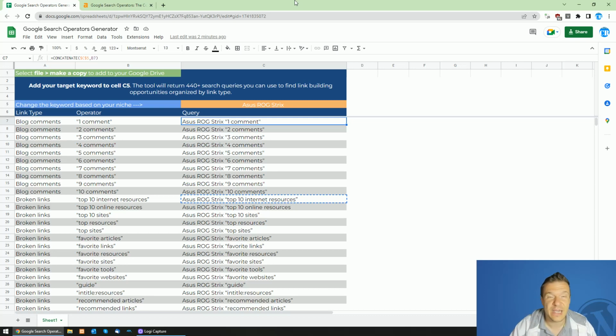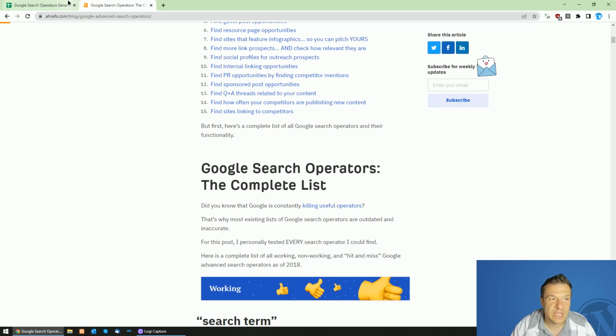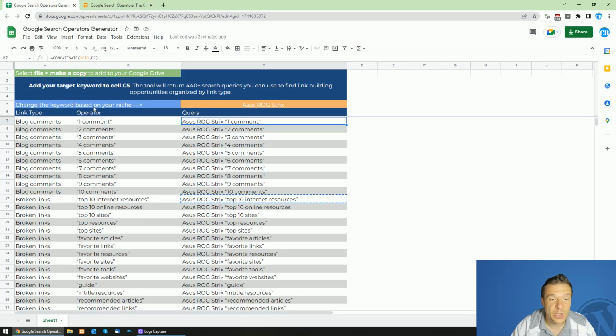So today I want to show you the wonders of Google search operators. If you haven't heard of Google search operators, I will link in this video description this link, and you will be able to read about them. Using them you will be able to get more precise results from Google searches, and these are the methods